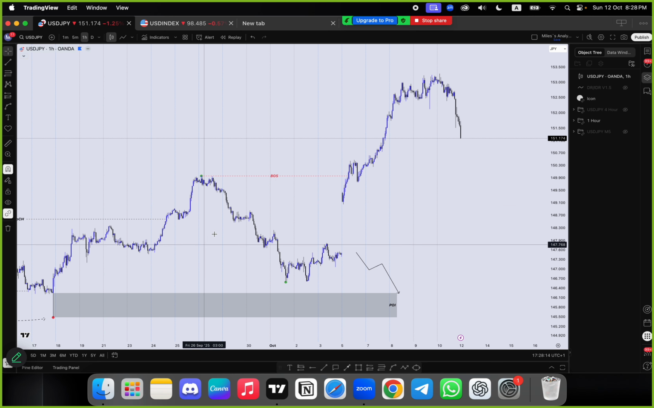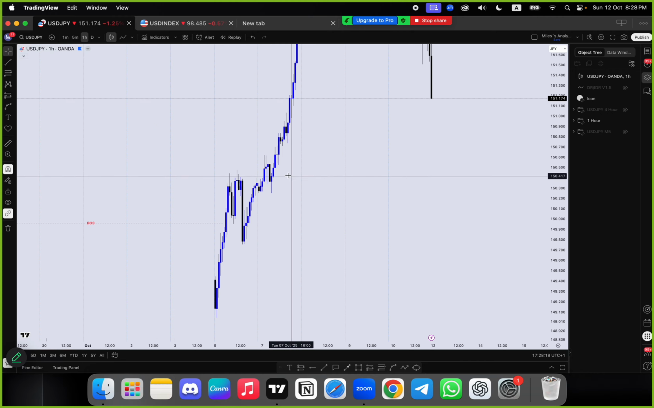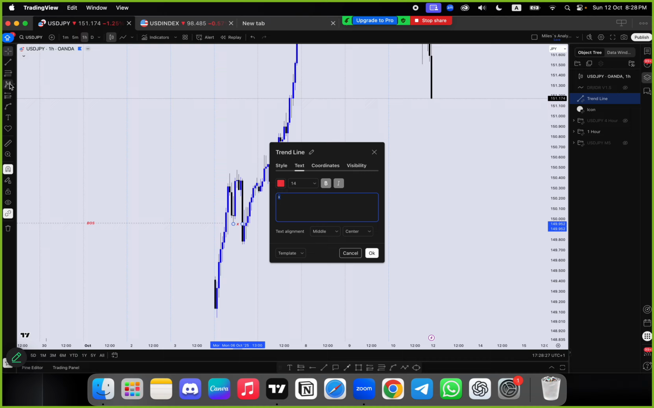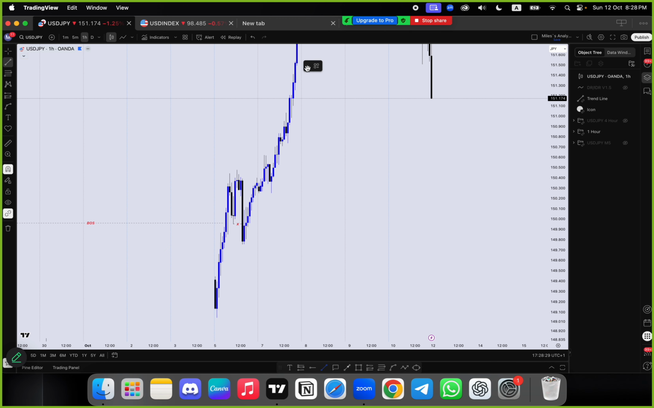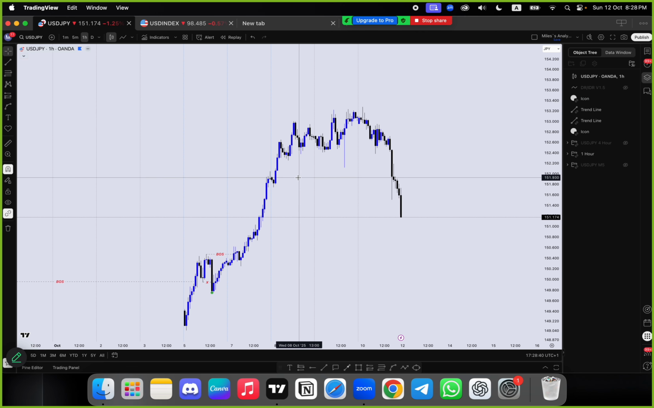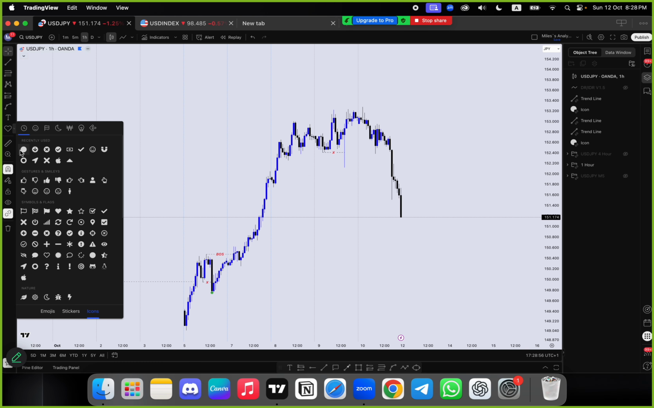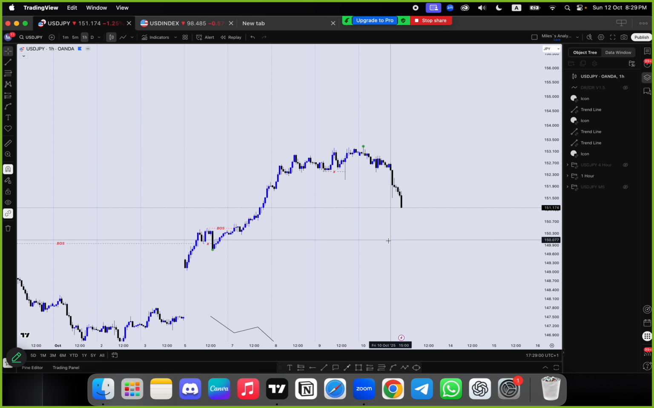It created this change of character, then breakout structure. Then after that, price made an impulse, pullback, impulse. So this was the new inducement taken out on USDJPY. Then after that, price created another breakout structure on the upside, and this is our new valid lower high here. And then after that, price went impulse, pullback, so this is the last adjustment taken out on USDJPY, and this is our valid high created here,